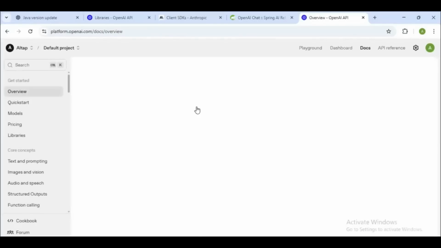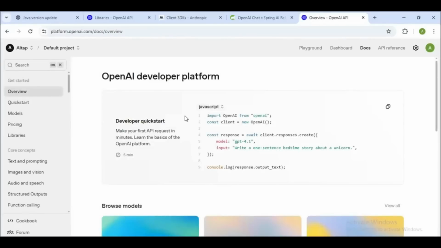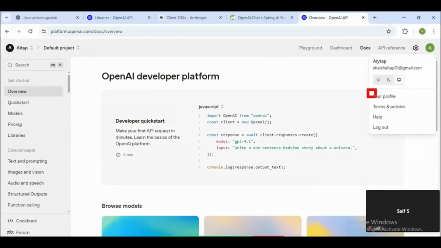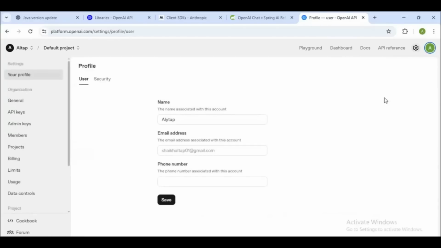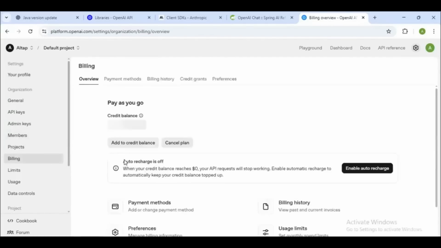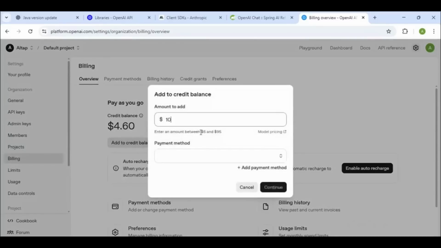On the OpenAI platform, if you have an account, well and good. If you don't have an account, you can create one. Once the account is ready, click on your profile. Then go to the billing section. First, you need to add some amount. Click Add credit. Minimum you need to add